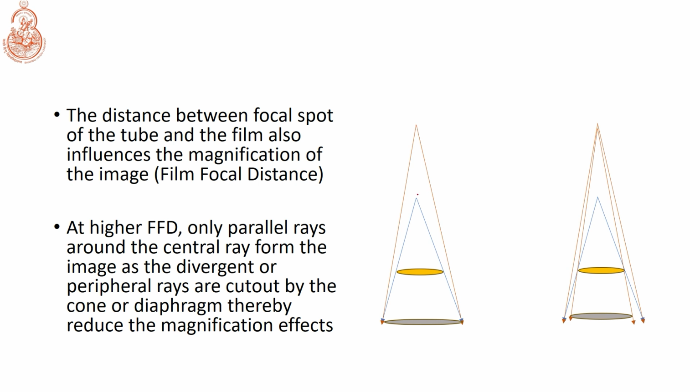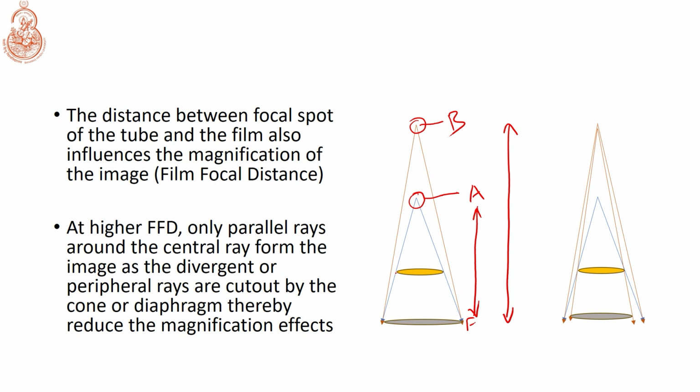If you can see over here, we are having two different focal spots from where the radiations are coming out. Let us name this A and this B. If we are going to have a film focal distance, let us call them AF and BF. When we talk about AF, the film focal distance is